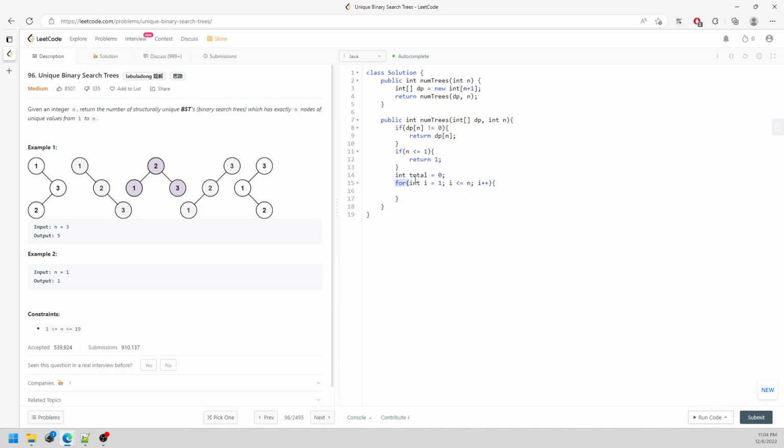So now I'm traversing 1 to n, and calculating my current total for left and right combination, something like this, right? So it's total plus equal what? The num